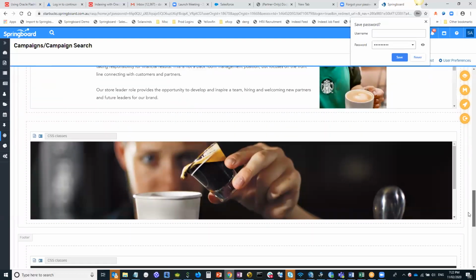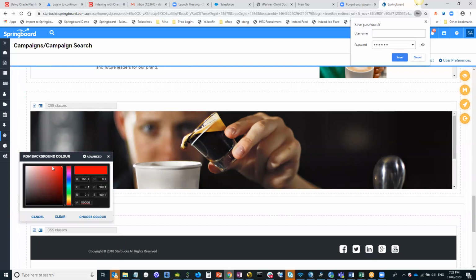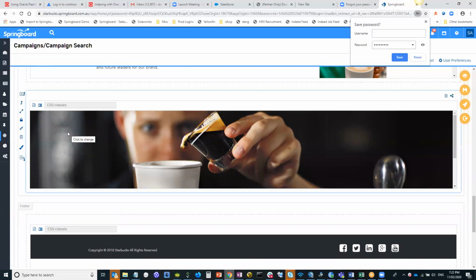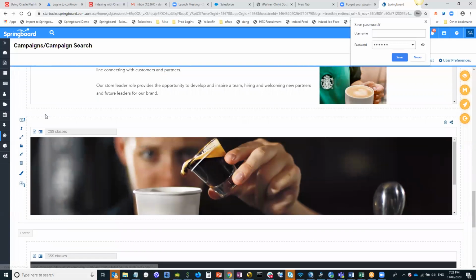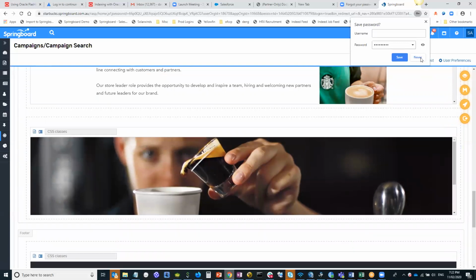Nonetheless, you should be able to make changes. So you can add new sections. For example, I could add a new row below the existing one to add some more content. I can change colors and labels. So I can change background colors on a particular thing, swap out images. And then I can also jump to another